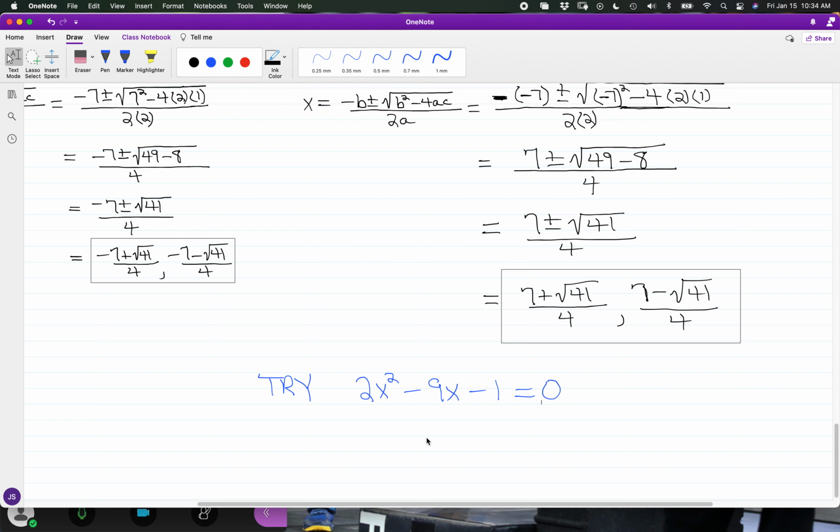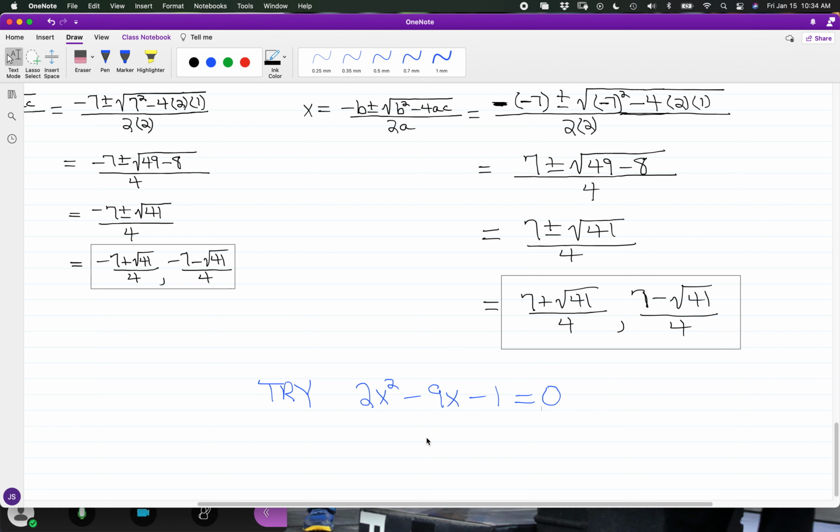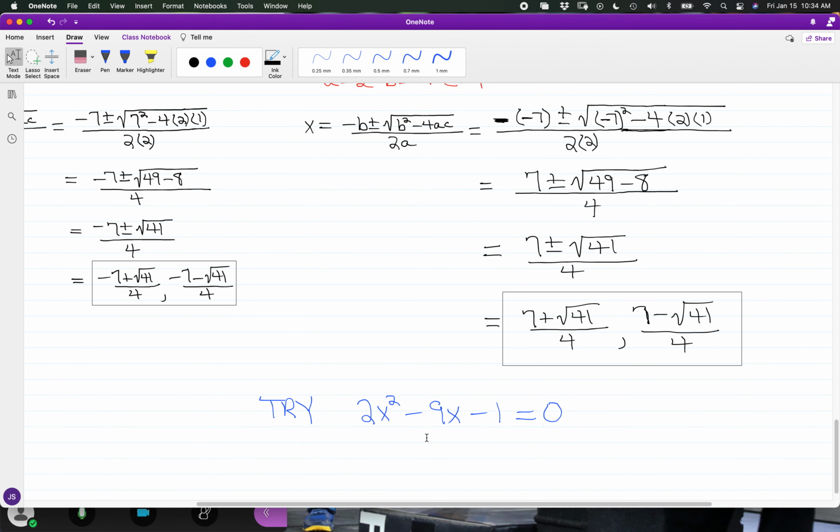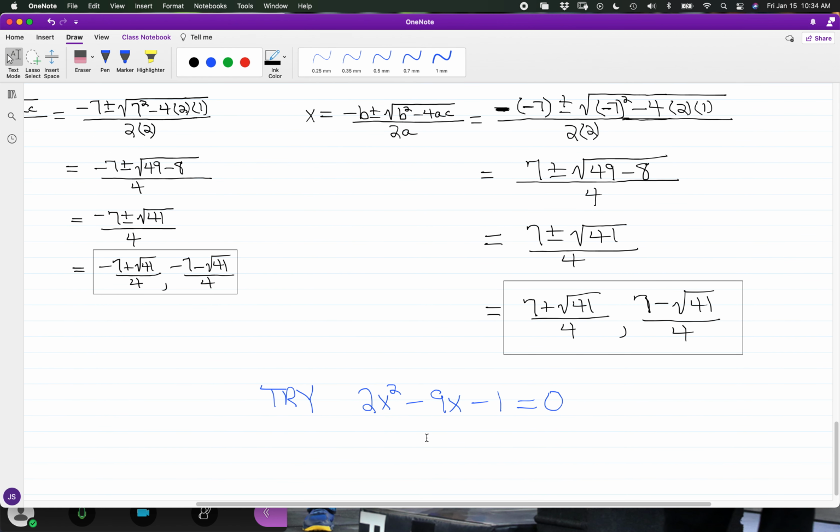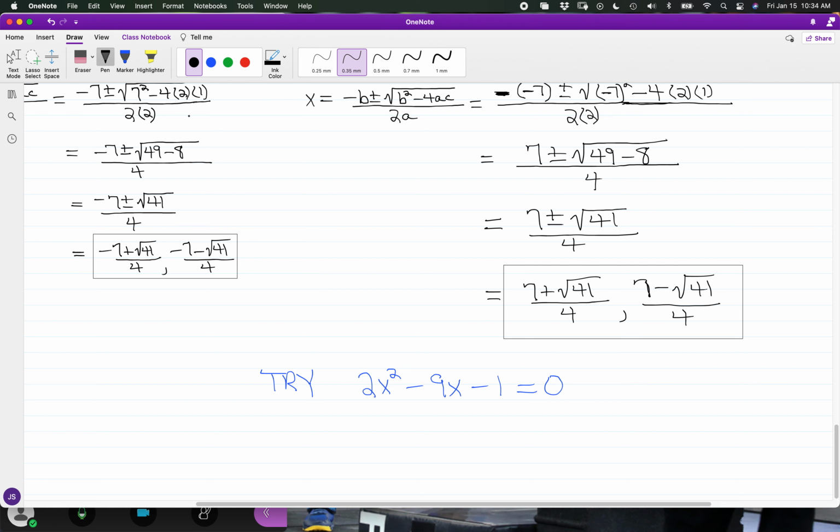For this particular problem, just like the two earlier cases, we have a quadratic equation that is in standard form, but the trinomial is not factorable into integer coefficients. So just taking what we have in the setup, we have 2x squared minus 9x minus 1,